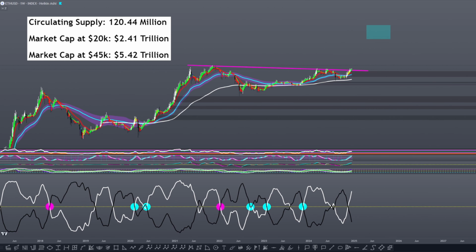Moving into Ethereum here, we can see going all the way back to March of 2018. Again, we'll see something similar to Bitcoin, to where when we see this origin bearish cross, it is shortly after the bear market has already begun. Clearly you can see Ethereum topped out somewhere around $1,500 and then moved all the way down to approximately $700 by the time this origin bearish cross happened.